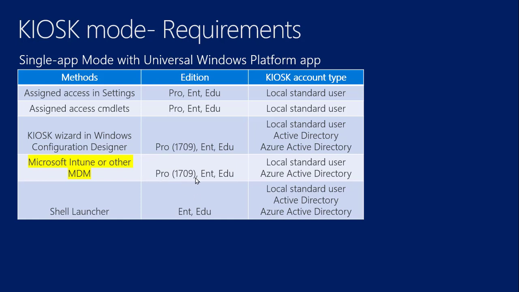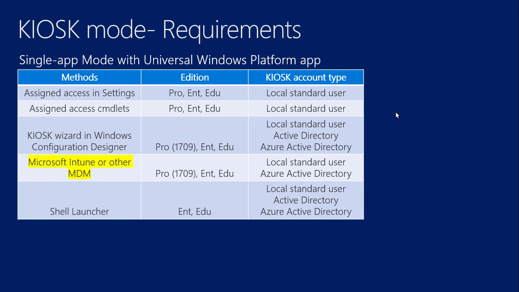There are version requirements for Pro, right? And then enterprise and education versions of Windows don't have those version requirements, but we do for Pro to be able to do this. And then you'll notice for some of the other configuration methods, we don't have requirements for Pro anyway. And then specifically for the kiosk, you can have certain options for an account type. You can have a local standard user. You can have an Azure Active Directory user when you're configuring a kiosk for Windows kiosk for single app mode